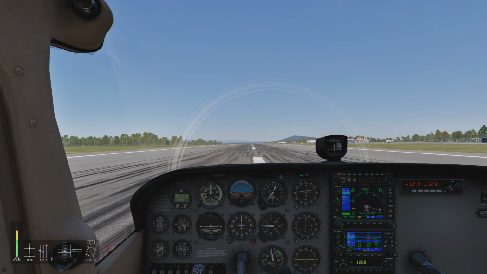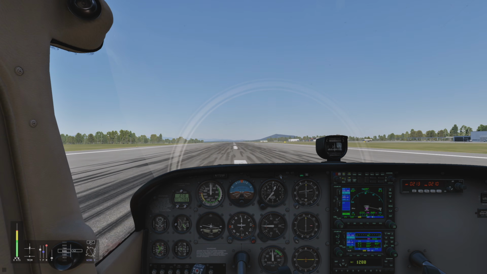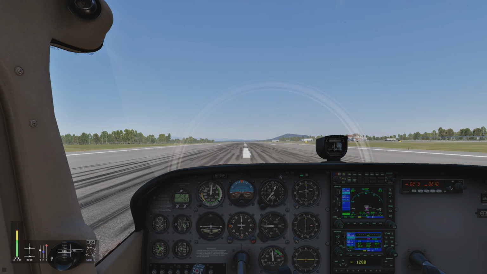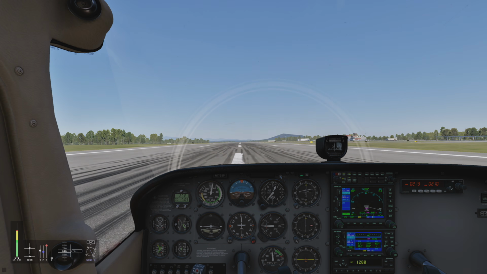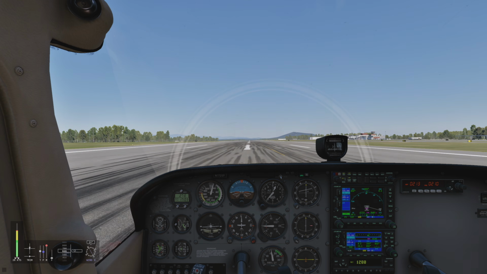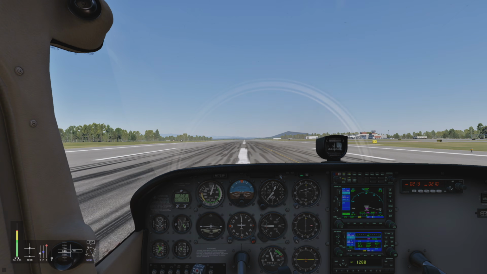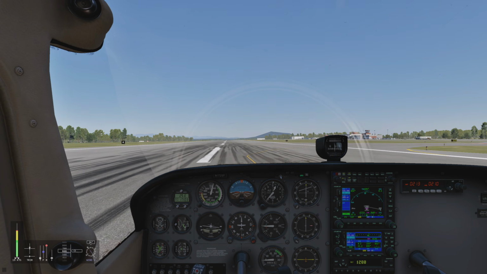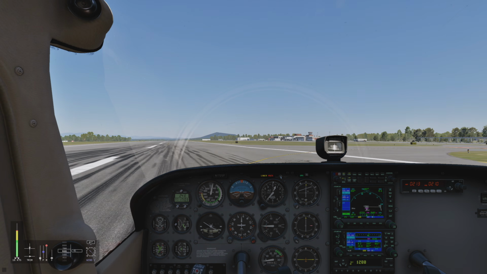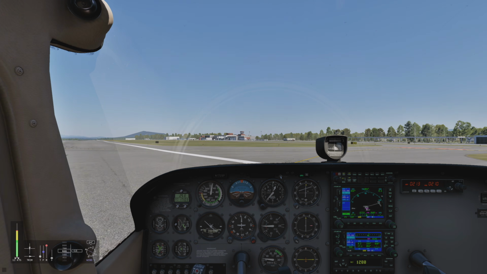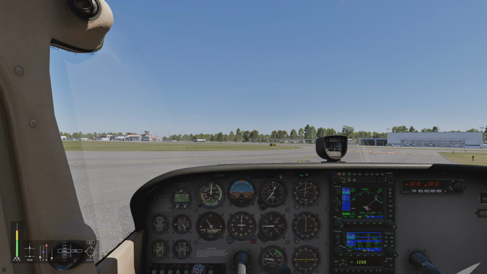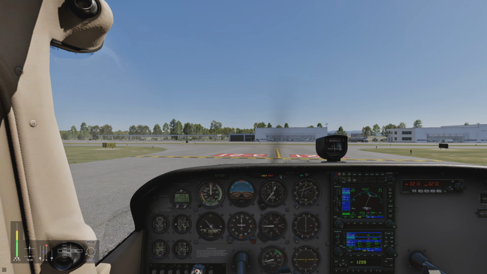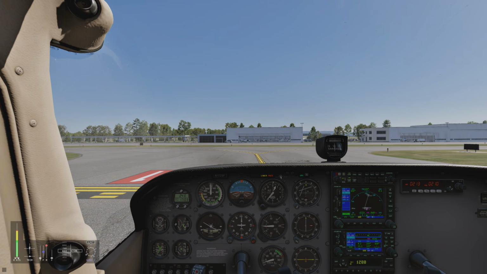Oh, you know what? I had the brakes engaged. No wonder the nose wheel came down so fast. That is like a carrier landing. So here we are. Welcome to Charlottesville. This concludes this segment. And what we're going to do is just taxi off the end of the runway and get out of here. And once we cross the hold short lines,